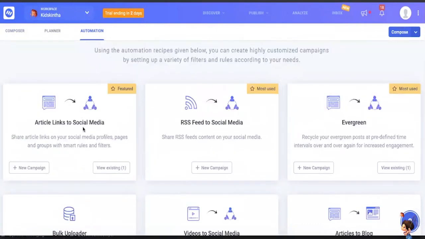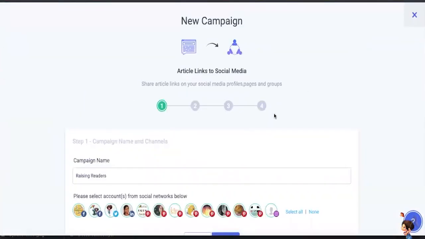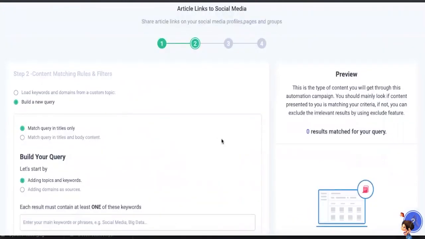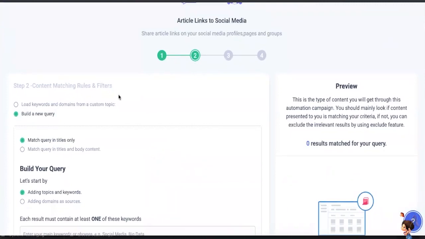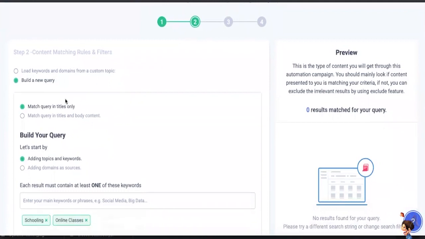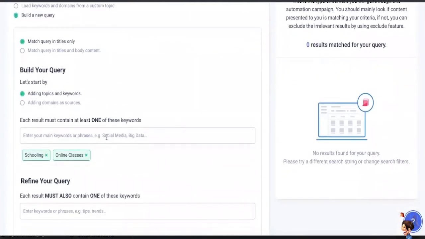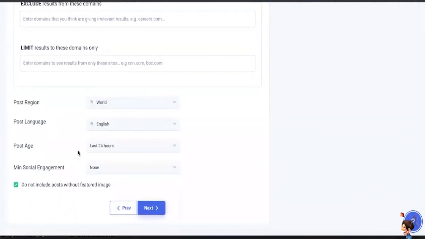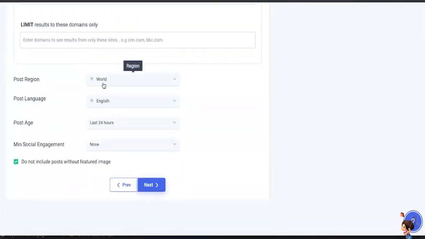The one thing that I really like to use, because we publish a lot of articles on our blog, is this campaign that allows me to do a whole lot of rule setting, and I have chosen to share it on all my social media channels, but it doesn't have to be that way. Again, here it allows me to do a lot of content matching rules and filters. I have put in schooling and online classes, and mine is a really simple query. I didn't use all of this. What I just did was